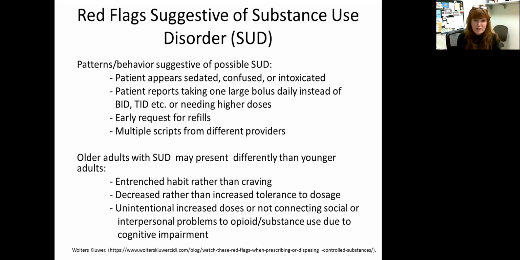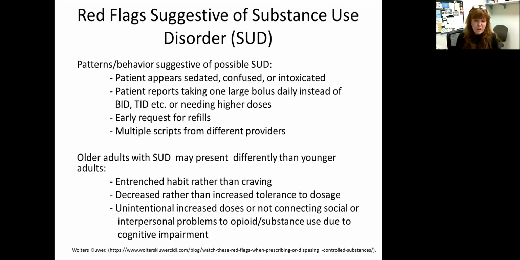The other thing, so that we're clear and try to make sure there aren't patients flying under the radar, is a reminder that older adults may present differently than younger adults if they have an opioid or substance use disorder. I think this was mentioned in another 15-minute echo a couple of years ago, but elderly patients may not verbalize craving medications. They will potentially say they have this entrenched habit, that they've always taken this medicine for years and years and they need to have it.